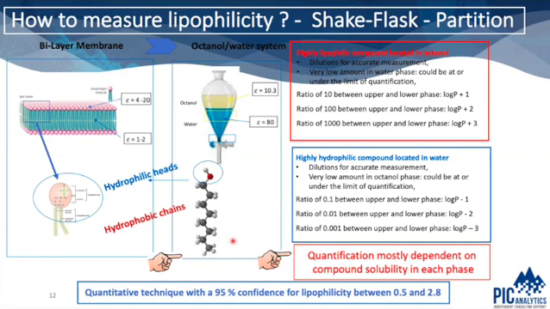And when we were working at Pfizer, working with HPLC UV only, we had found that the shake flask was a quantitative technique, and we could get a 95% confidence for lipophilicity between 0.5 and 2.8. I have to say that now with more sophisticated quantitative methods, by LC-MS-MS, you can decrease this limit of quantification in each phase, and you have a better